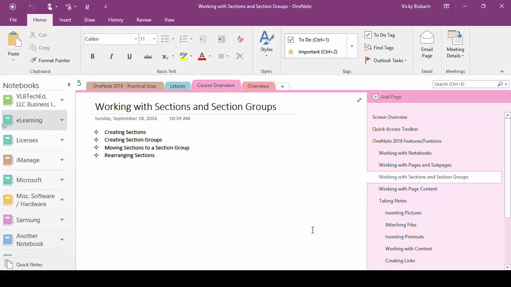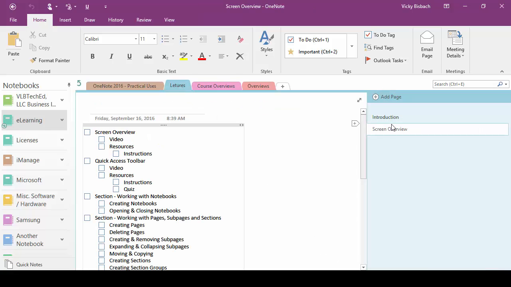Sections are how you organize your pages. For instance, I have a section called Course Overviews, and within it I have these pages. If I click on Lectures, I've got pages under there as well, so I can divide my information up within my notebook. Now if we come over to the left of my sections, you see I've got an arrow,